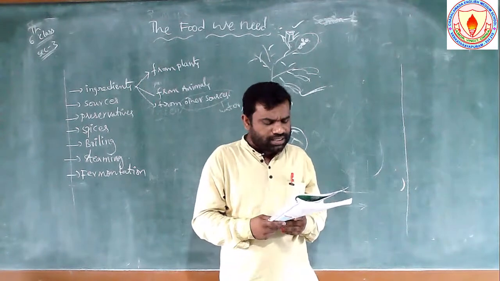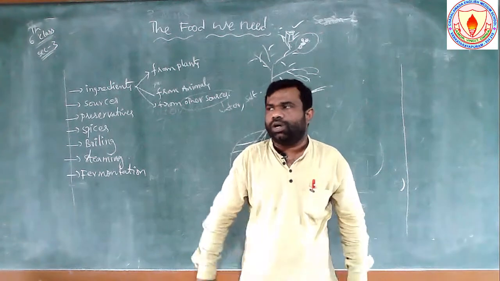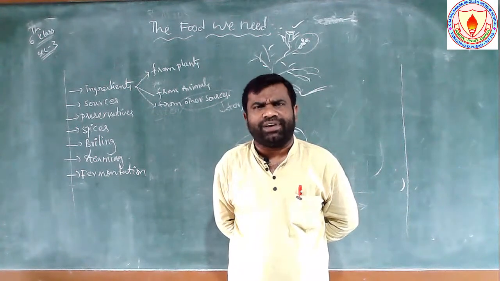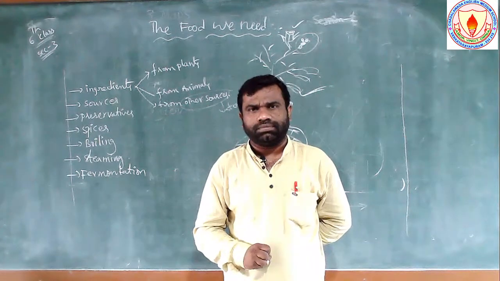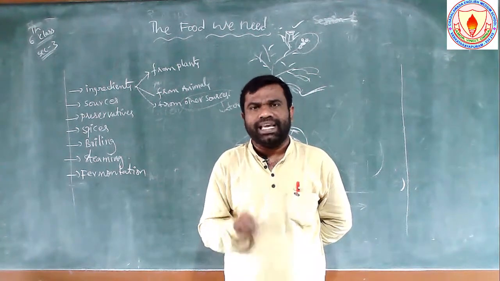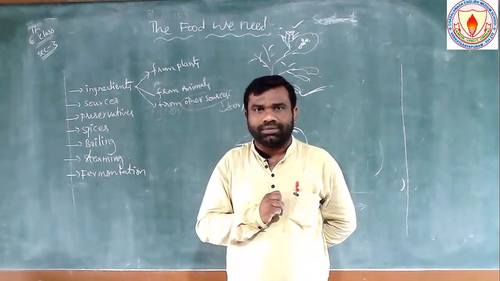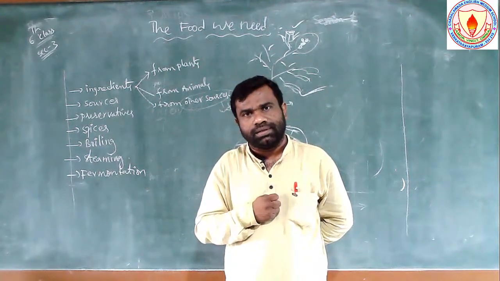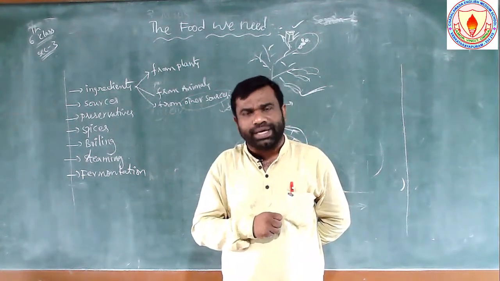Next, the second one is different methods of preparing food. Different methods are there. So today we are making food material. Different types of methods are there. For example, idli. By what process are we making it? By steaming. So steaming is one process to make food material. Yes or no? Cooked rice. By what process are we making that food material? By boiling. So boiling is one process to make food material.